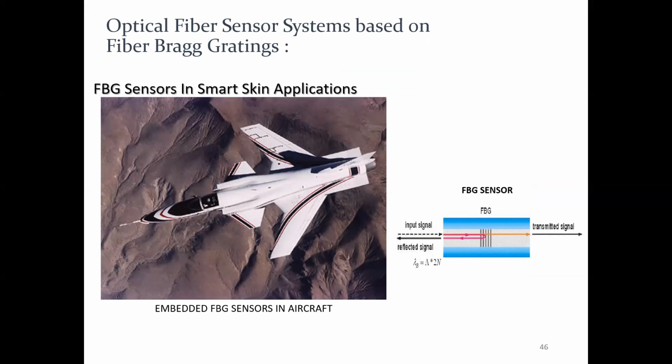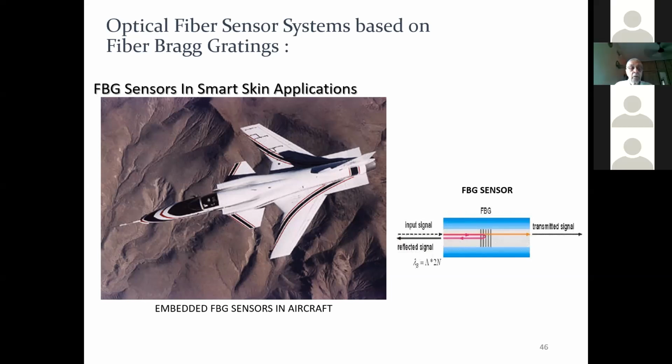So one is that. Second, it can measure very accurately, at a point and continuously. And wear and tear is not there, right? For 25, 30 years you can use it without any wear and tear. So for aircraft applications, and especially in rocket applications also, fiber Bragg grating sensors are now used extensively.